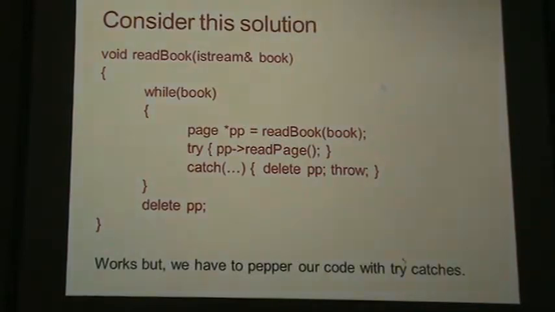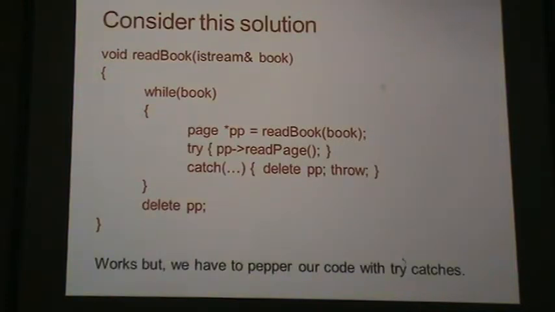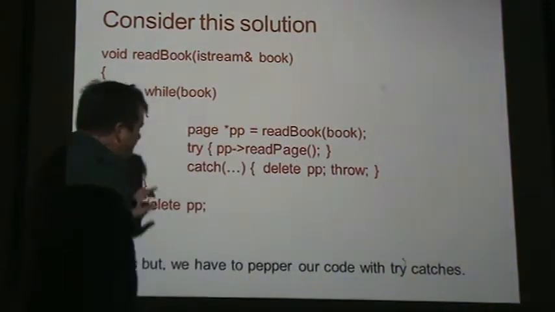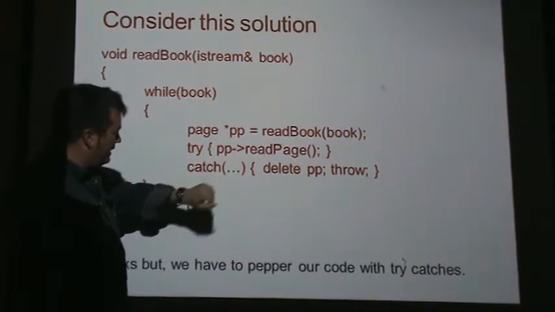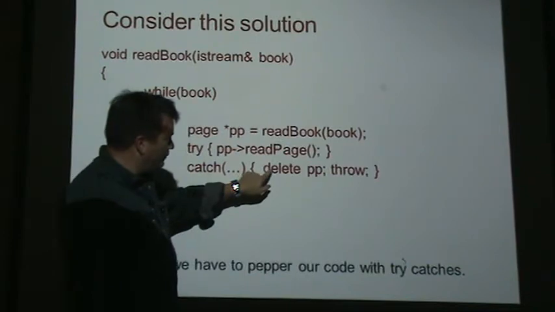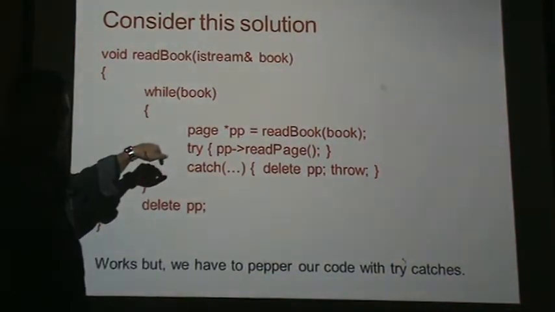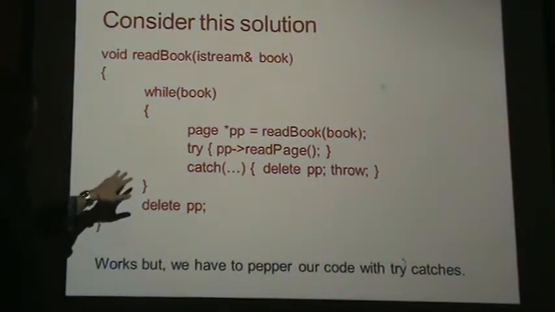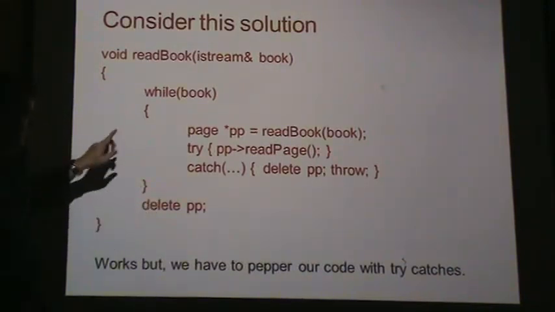Okay, so we were on this page, right? Yep, we were on this page. Okay, so a way around that using the try and catch would be to say try reading the page and then catch anything. And if we hit a problem, then in our catch statement we delete the page and then throw it back at the operating system. So this would make sure we delete the page, right? And then we have the delete in case nothing goes wrong. We want to still be able to do the delete at the end,